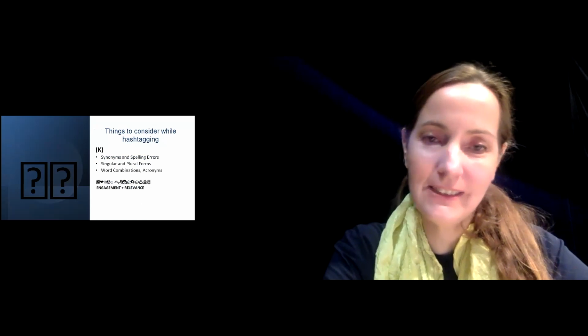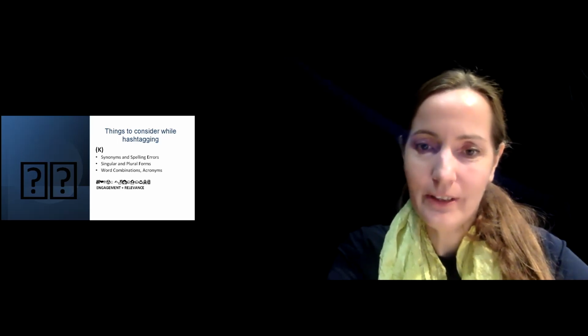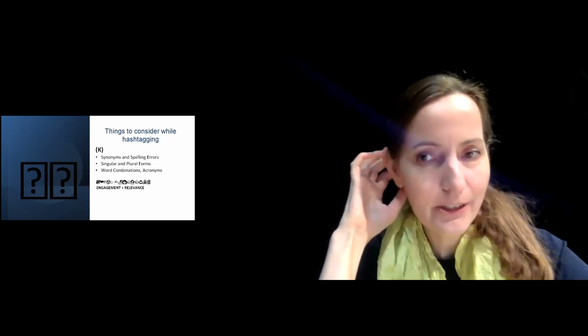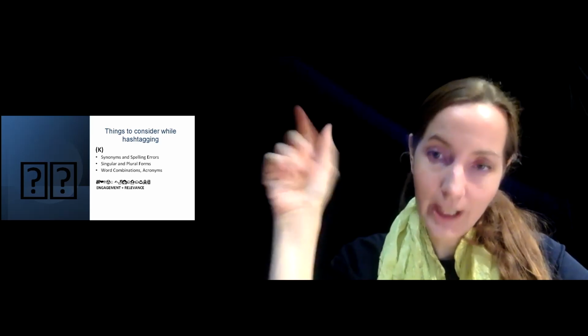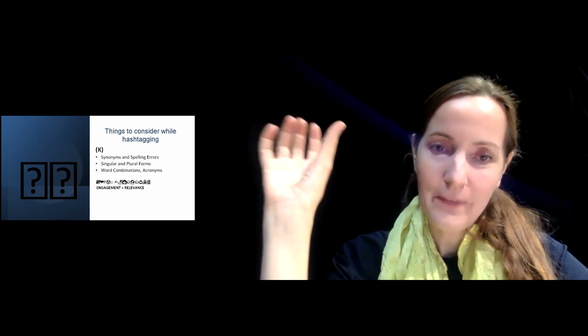Some of the things to consider as you're hashtagging would be, and this is something that we saw also in the word cloud for the conference we were looking at before, synonyms and spelling errors. So when you type in a hashtag, Instagram will suggest words that are close to that. It might sometimes even suggest someone else's misspelling.